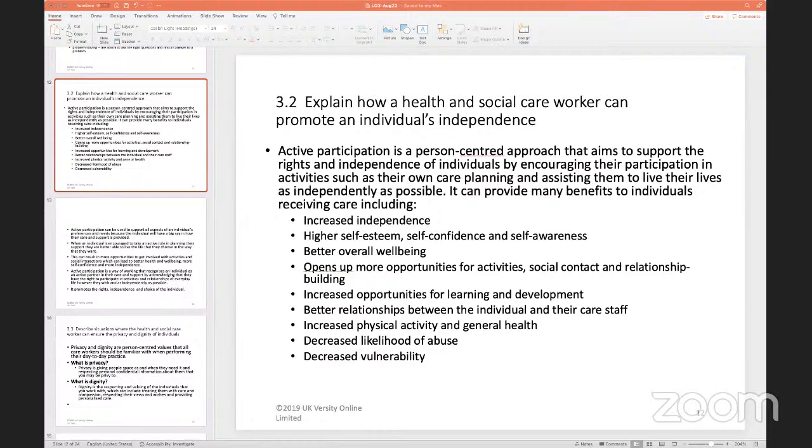And that buy-in from the patient, in terms of having a say in their own care plan, would be termed promoting independence and participation